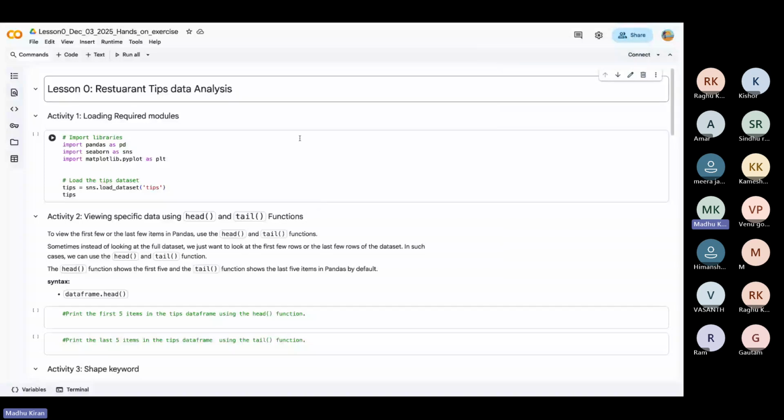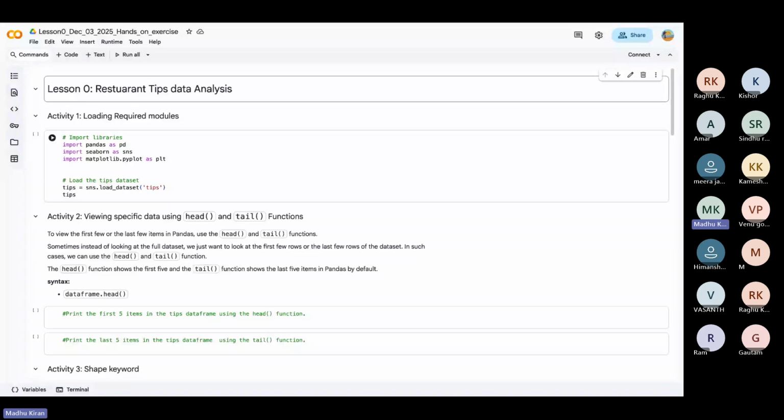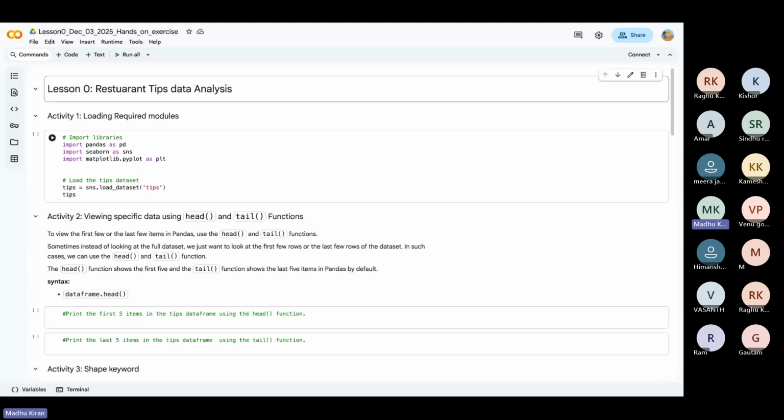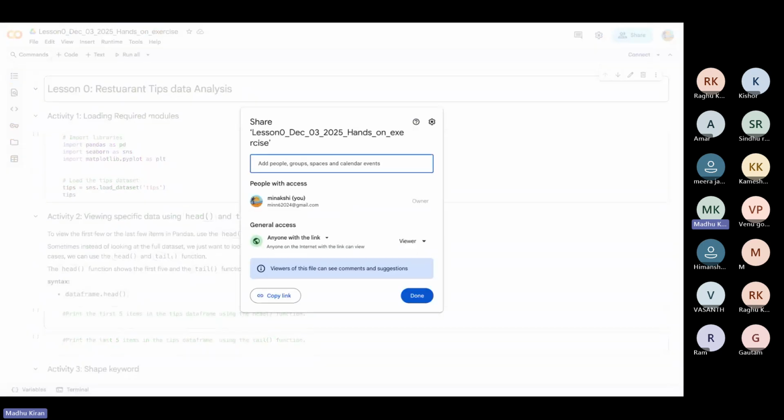This is how a Google environment looks, a little black and white, and it's a product of Google. Here we can do both coding and texting together. It's like a Google Word doc or Google Excel; this is Google Colab.